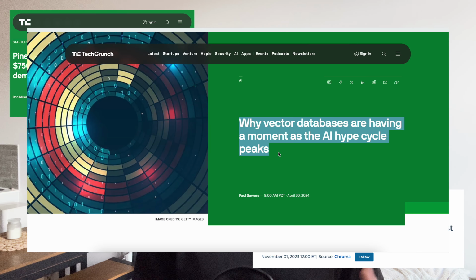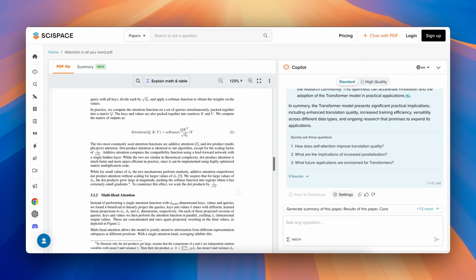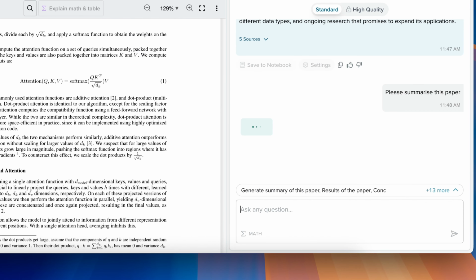Vector databases have become extremely popular in recent years in conjunction with things like large language models. They're perfect for storing unstructured data like text, images, or video or audio files, things which aren't really suitable for a traditional relational database. A common use case for a vector database is giving search or long-term memory support to a language model. So if you've ever wondered how those talk to PDF apps work, it's probably with a vector